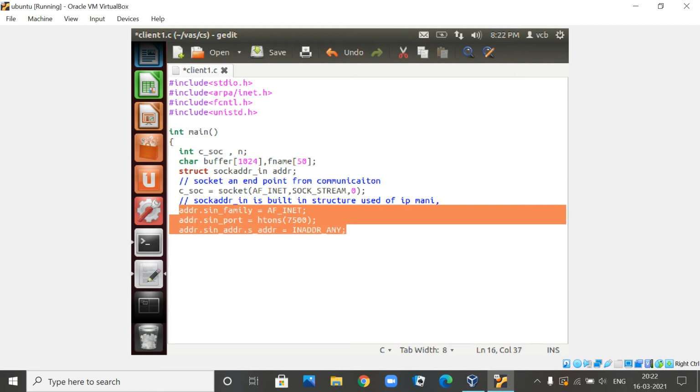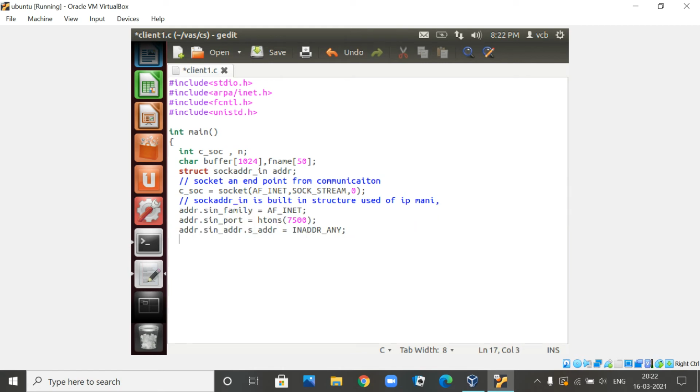Now you can see that this code will be the same in our client program also, because in the client program also you have to create a socket. This is the client we are writing now. In the server program also you need to create a socket. There also you have to use this sockaddr structure. Family is required, the same port number you have to give, and the IP address, right? Now once you have done with these things, next you are going to connect.